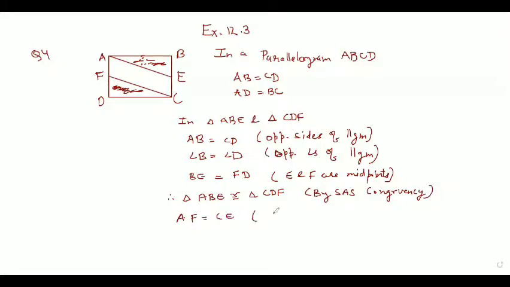Why? Because these are opposite sides of parallelogram ABCD. So we can write by congruency AE equal to CF by CPCT, corresponding parts of congruent triangles. Therefore, we can write AFCE